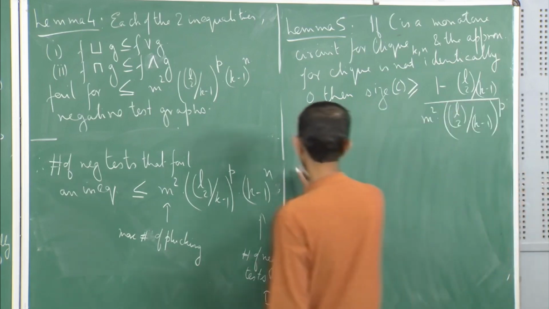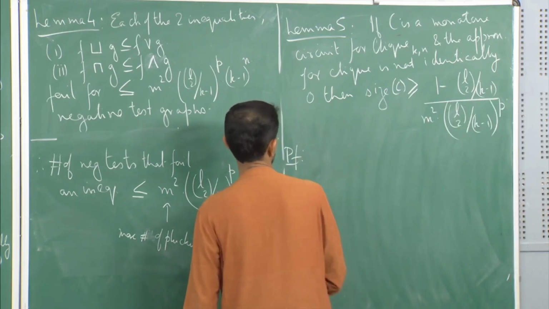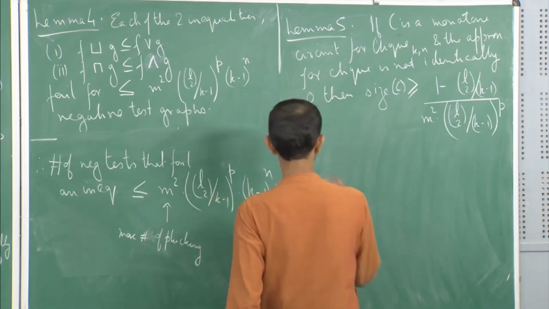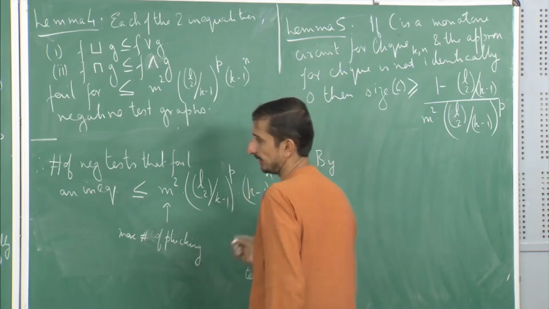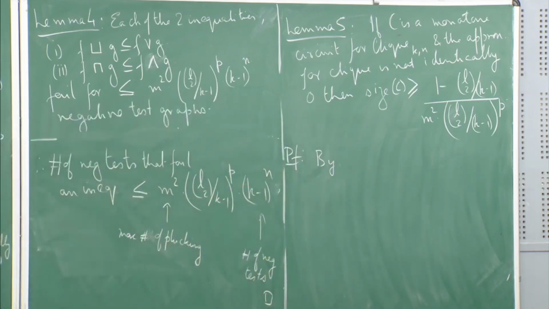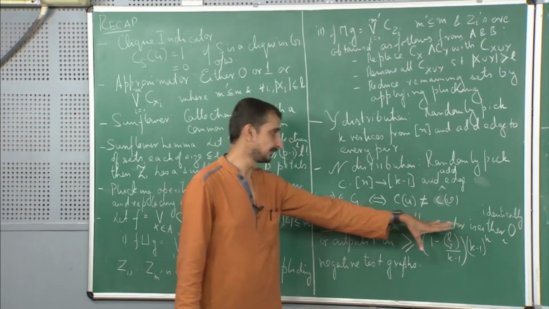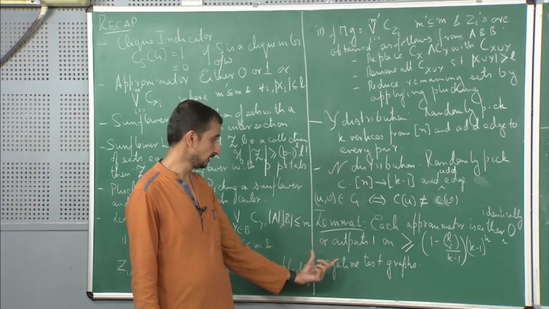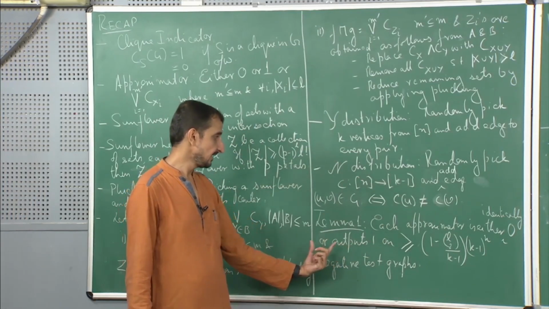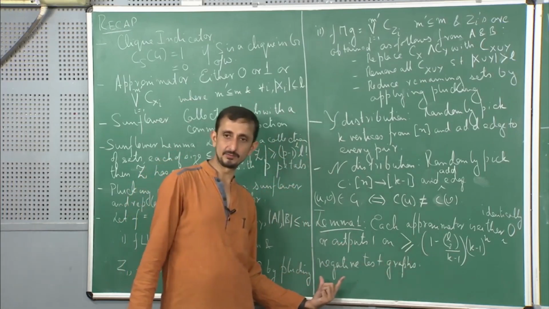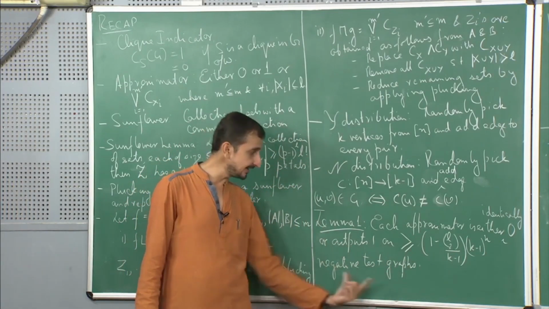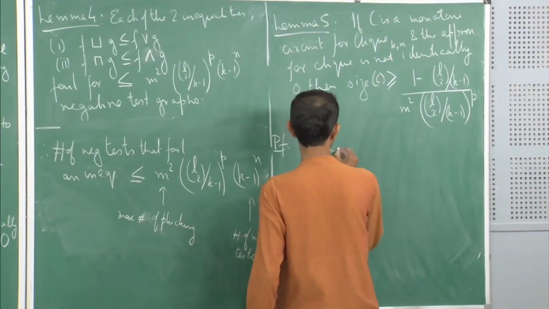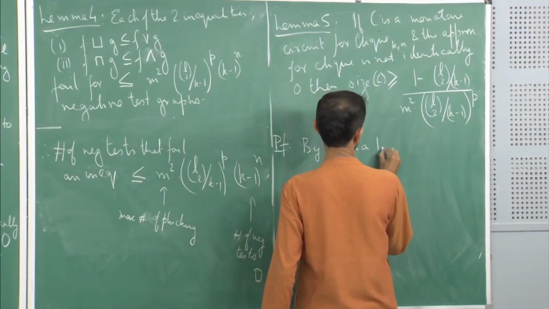Okay. So again, this is just combining the two things. So what do we have from lemma 1? Either the approximator is identically 0 or this happens. If the approximator is not identically 0, then we know that it outputs 1 on these many negative test graphs. It means that it is failing on these many negative test graphs. So by lemma 1,